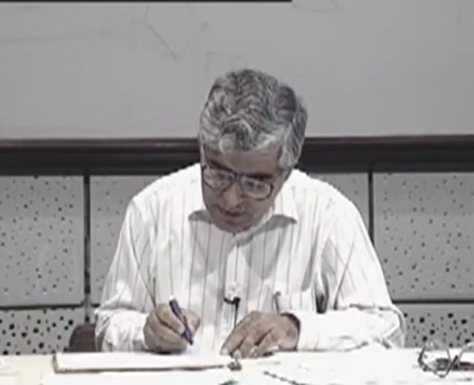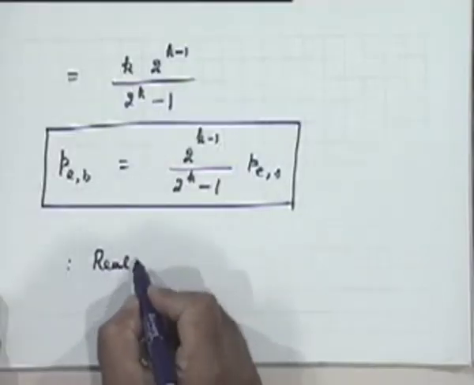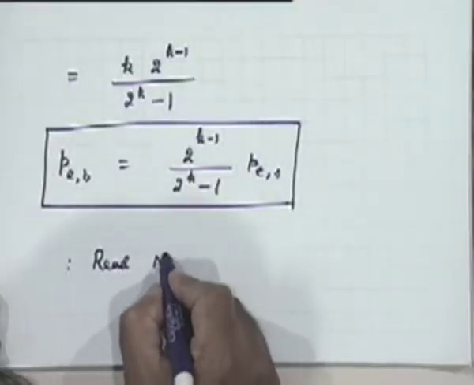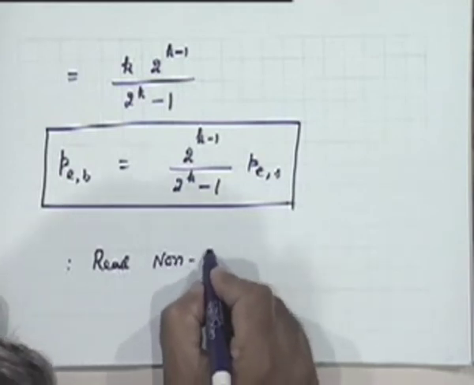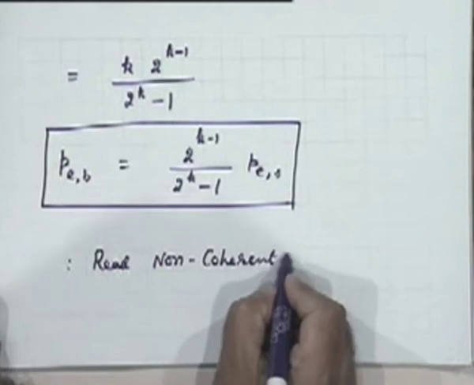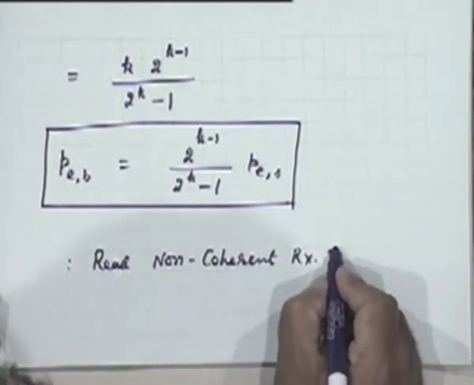All the rest of the results concerning M-ary orthogonal signaling, namely the exact result, the corresponding result for the simplex family, and the non-coherent receiver results, are very similar in nature. I would like you to study them on your own. The detailed behavior is also similar to what we have discussed earlier. So read everything else regarding M-ary orthogonal signaling, for example, non-coherent receiver error calculations.